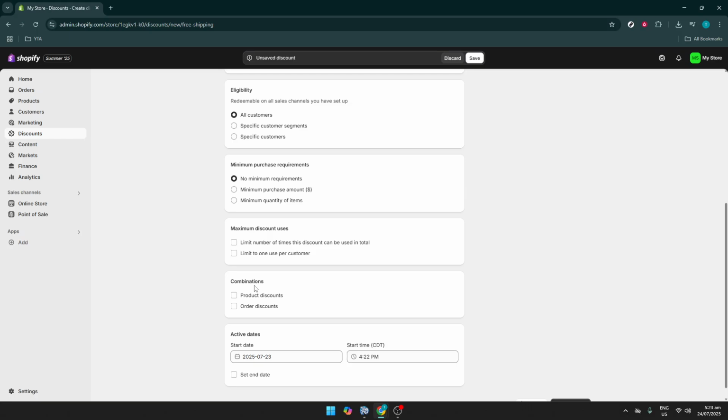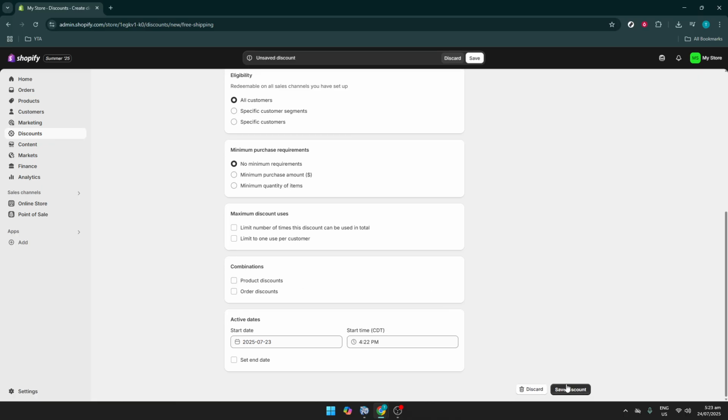Lastly, ensure everything is set as you want, then click Save. This final step activates your free shipping discount, making it live for your customers to enjoy. That's it! You've successfully created a free shipping discount on Shopify, ready to attract more customers and boost your store's